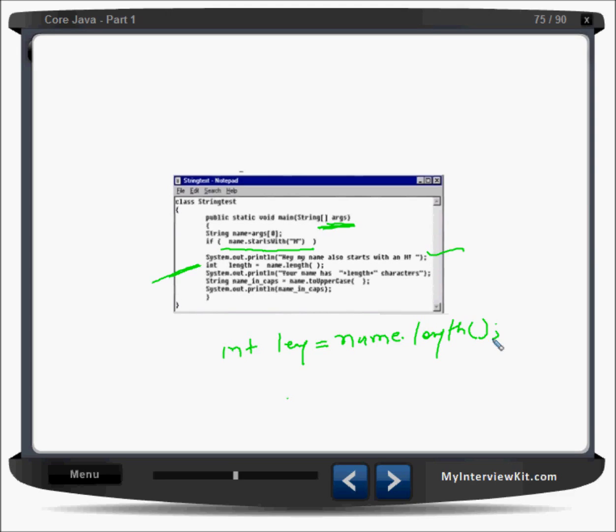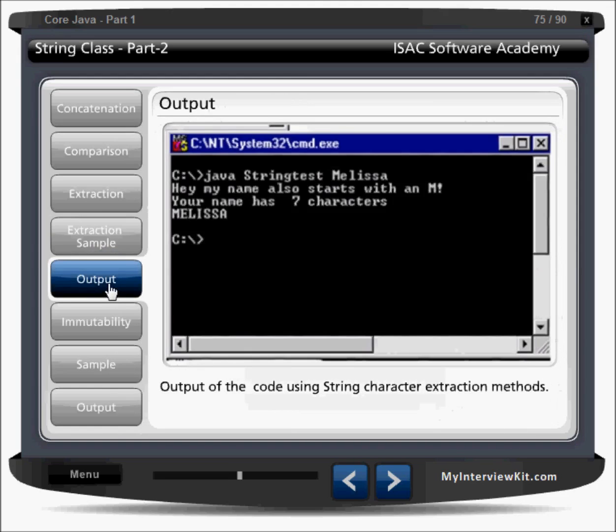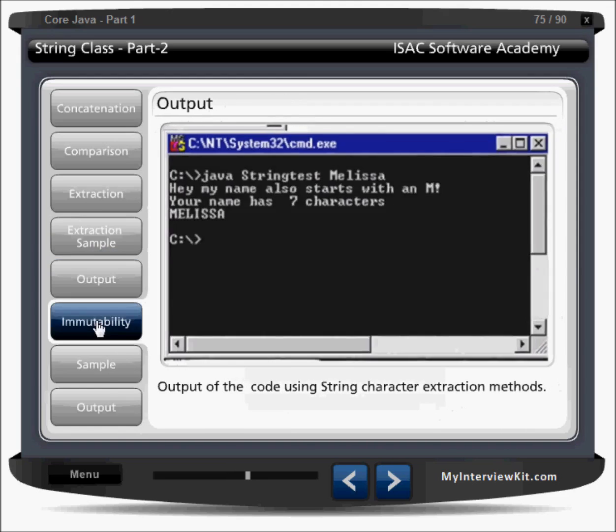Now it is saying your name has 7 characters, since Militia has 7 characters. Now we are converting to uppercase and then printing that your name is in uppercase, right? So we have got the output like this.